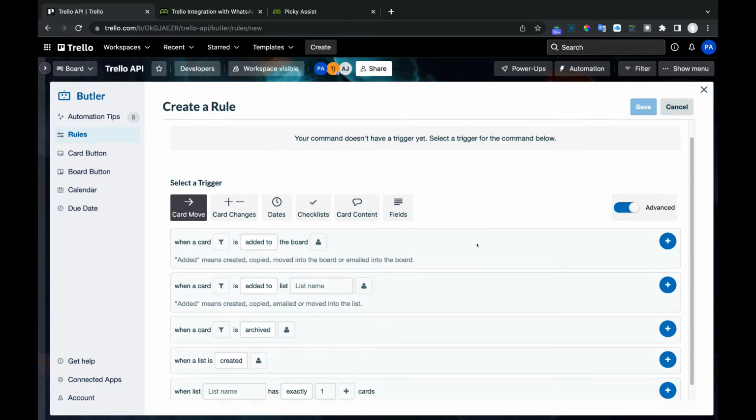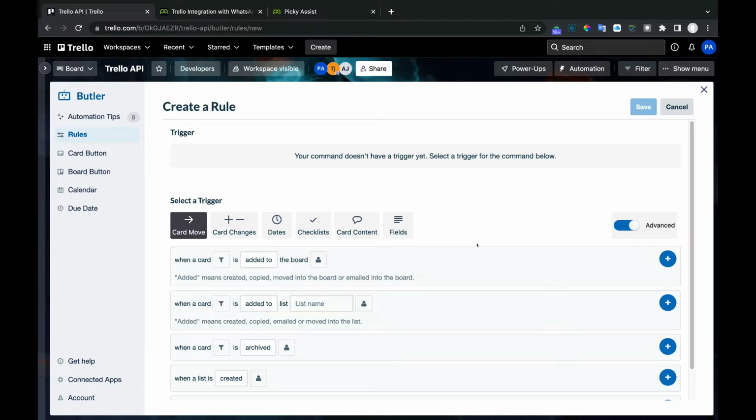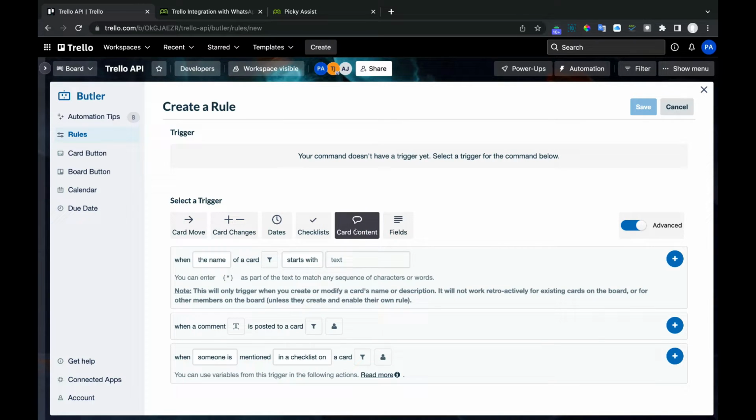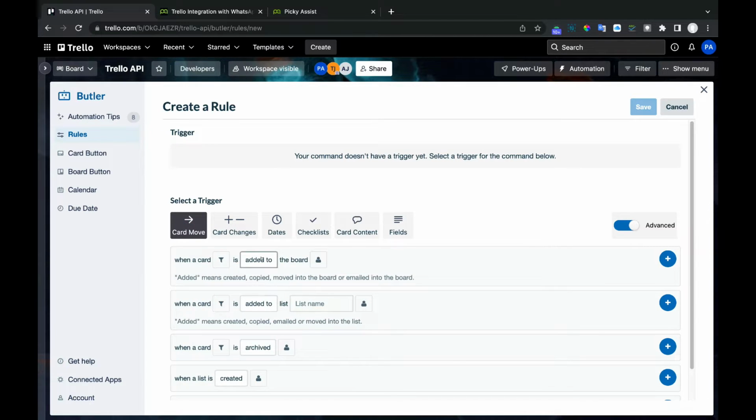In the triggers, triggers mean the condition on which Trello should trigger this rule. We have different triggers available, like card move, card changes, dates, card content. These are the different triggers available with the Butler automation. We will just take when a card is added or created.